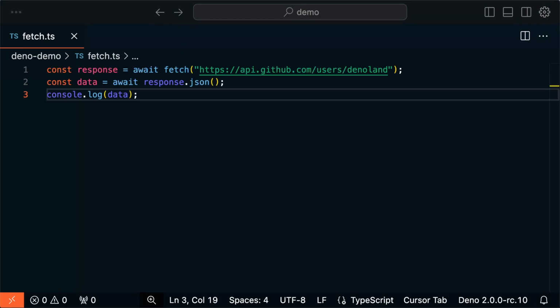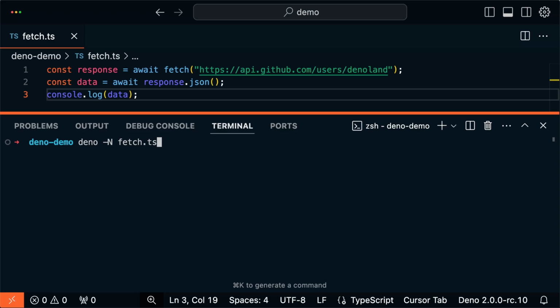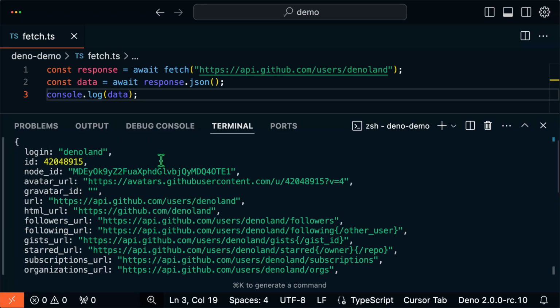Now, Deno is all about standards, and so they use web standard APIs where possible, making it easier to write code that works both in the browser and on the server. So for example, Deno uses the fetch API for making HTTP requests, just like in the browser. So this code right here, very basic, this will work the same in Deno as it would in a browser environment. So if we run this file with the allow network flag, then we should see all the GitHub info